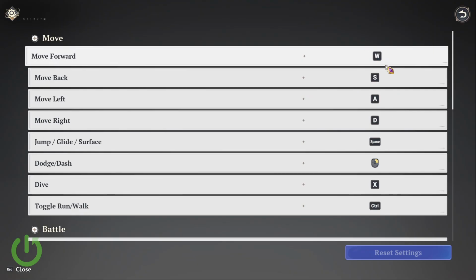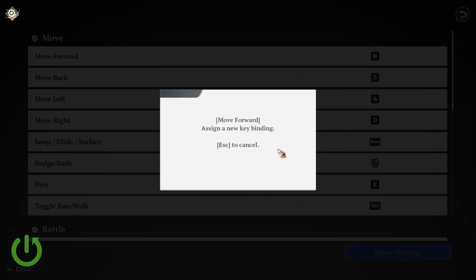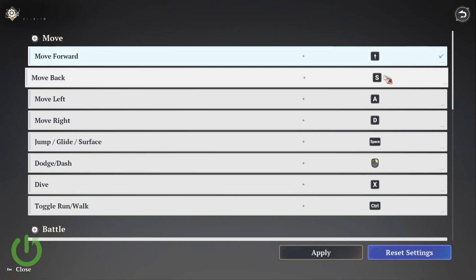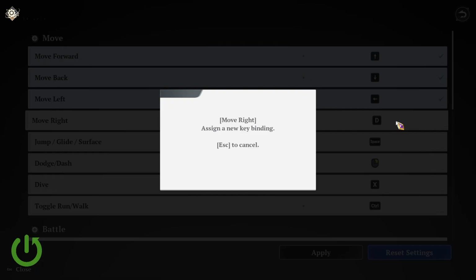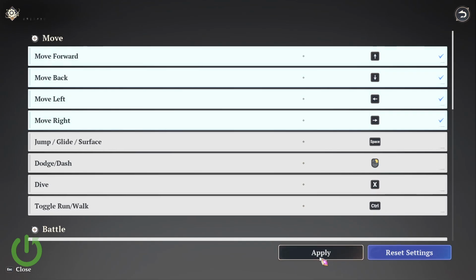Of course, once changing, you don't have to apply them individually, you can apply them all at once. The same goes for resetting. And just to let you know what you can expect, what are the available